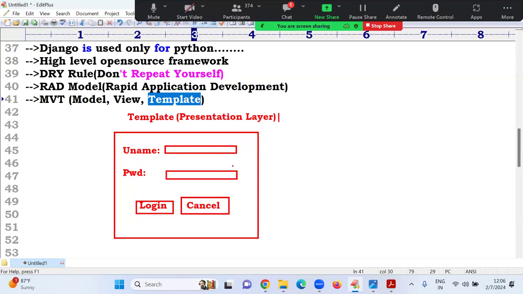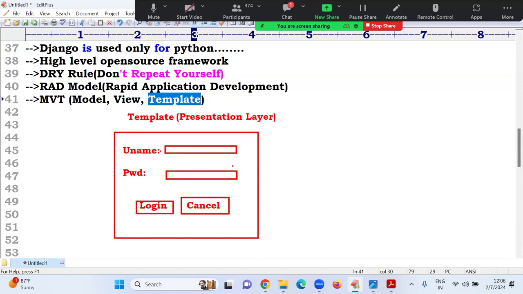One is the presentation layer, second is the application or business layer, and third is the data layer. In normal terminology, we call it the presentation layer; in Django, we call it the template. To develop this template, HTML, CSS, JavaScript are required. So the template story is completed. Next.